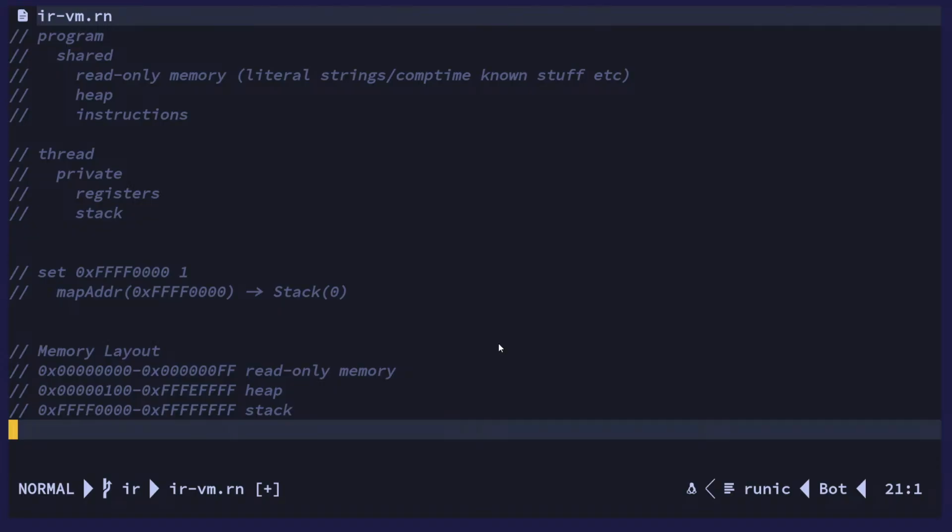Why do you need multi-threading in a Bash-like language? Yeah, I've answered this a couple of times. And the reason